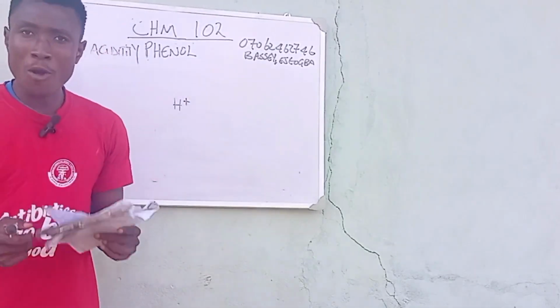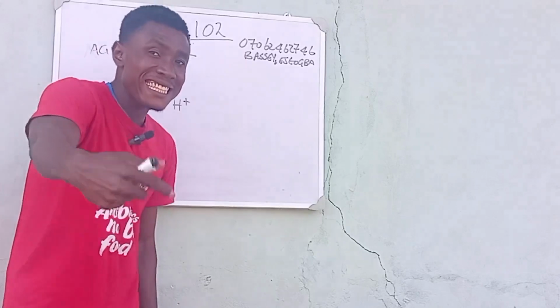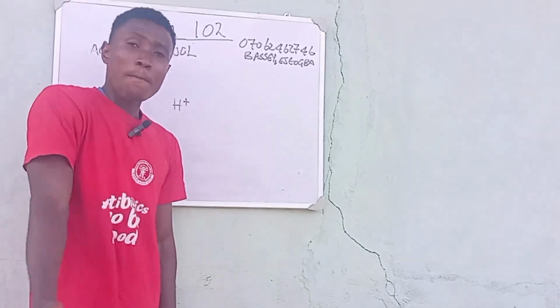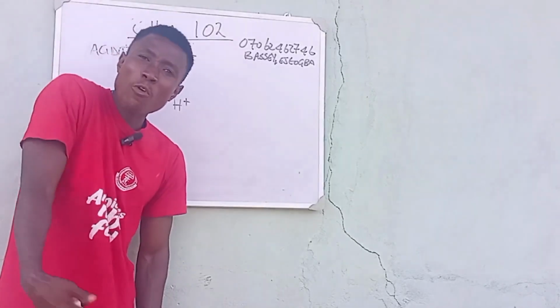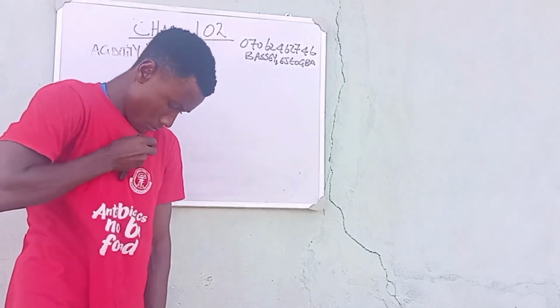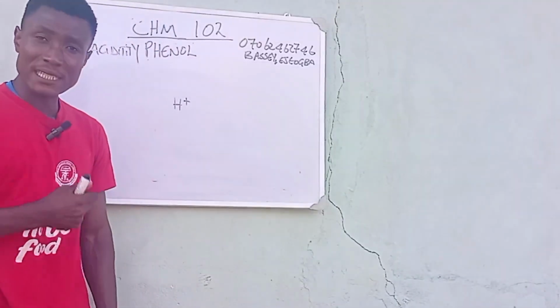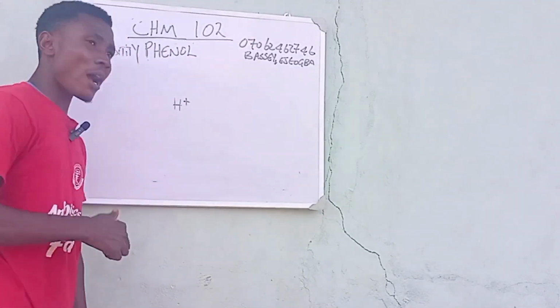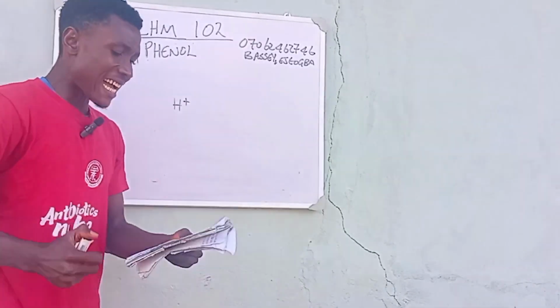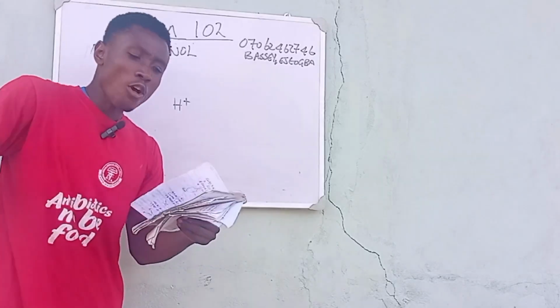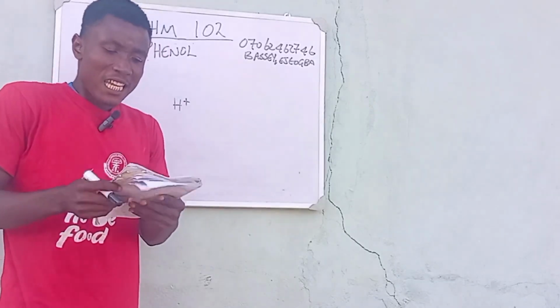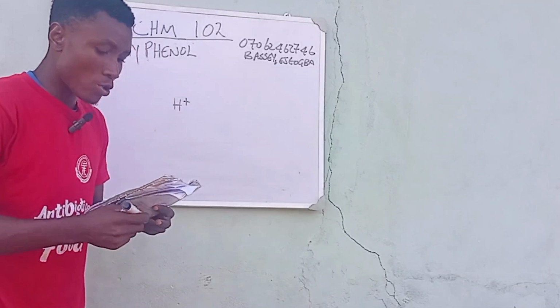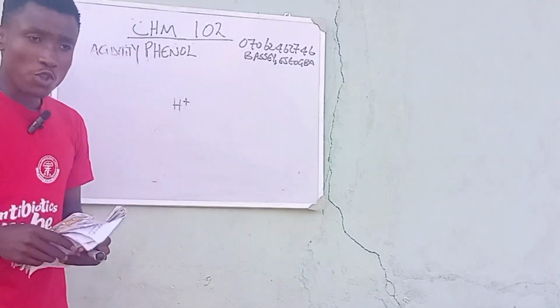Remember, there's something that's known as acidity and there's something that's known as basicity. Basicity is simply the number of replaceable hydrogen ions. That is what is known as basicity. But what we are talking about right now is the acidity, and acidity is determined by the number of hydrogen ions present in a particular sample of an organic compound. So in alcohols such as